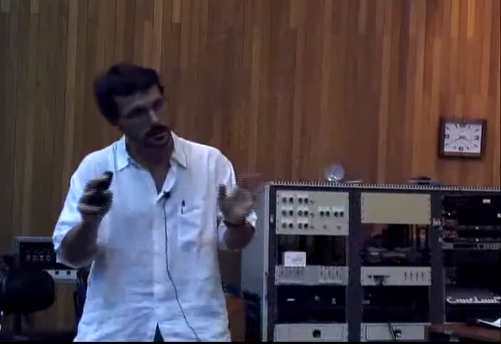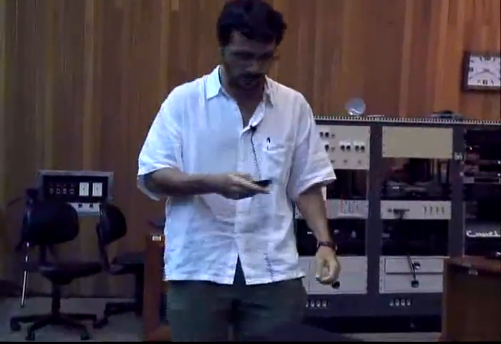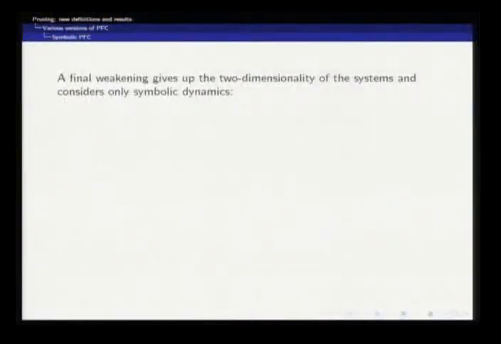In the second version, I was being perhaps less demanding, and I was talking only about the non-wandering set, and I said, well, I can take a subset of the horseshoe, I can move it, and then that is the non-wandering set of your Henon map. And that's a little less demanding. And then the third version we saw is that, well, no, I'm going to identify the type. So the type of a horseshoe orbit is this. I specify it via these braids, and then I say that, okay, you come up with your Henon map, you pick one orbit there or one invariant set, you give it to me, and I come up with one in the horseshoe that has the same type. Okay, so this is getting weaker and weaker.